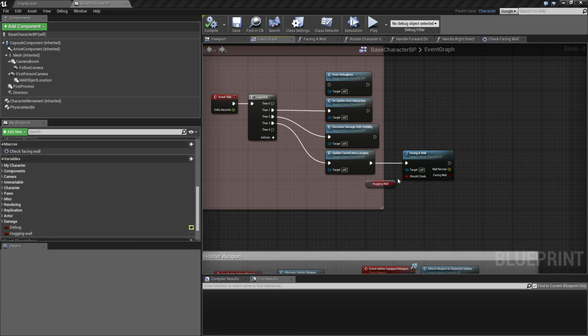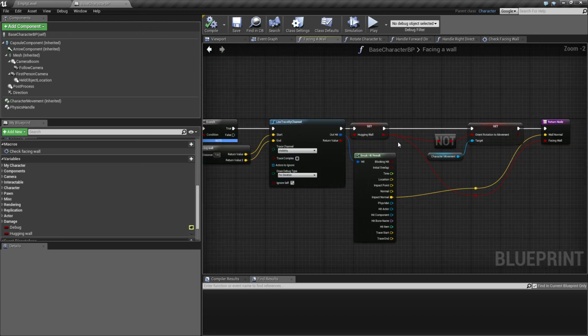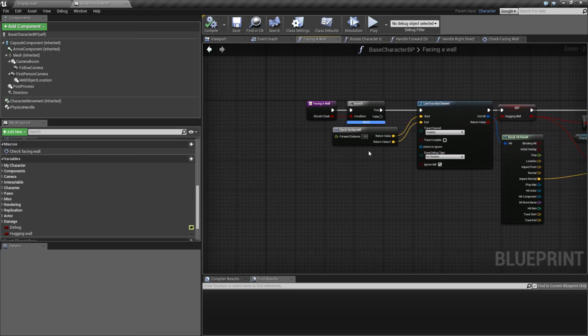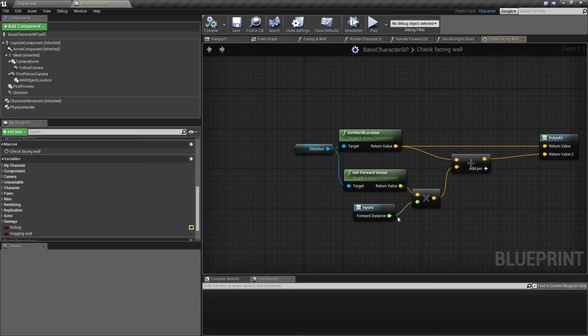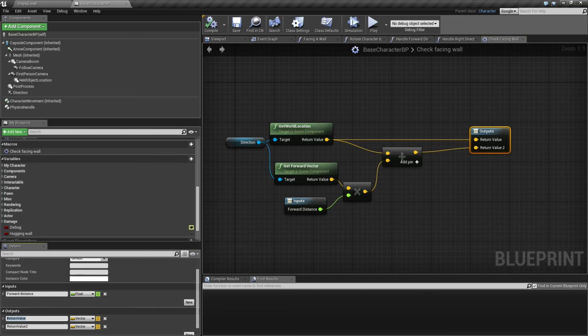So if we are hugging a wall, then we should keep checking. Once we come in here, we say should check. This is going to be true, and if it keeps hitting a wall, oh, by the way, let's make these, and this doesn't have anything to do with it, but it just makes these bad names. Okay,